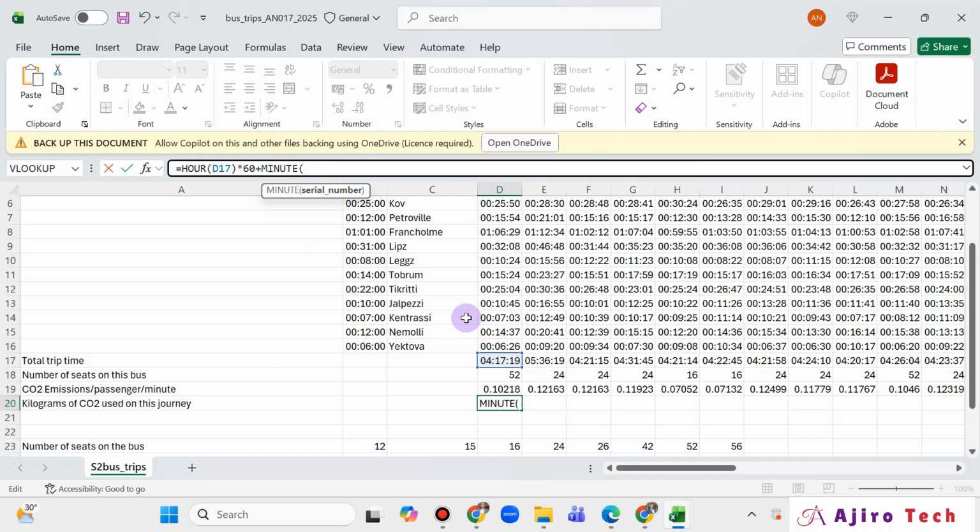The minute here is going to be what? This. So if we're looking at the minute here, what would the minute be? 17, right? Okay. So it's going to be this. Now, for us to be able to get the second that will be added to the minute, we need to use